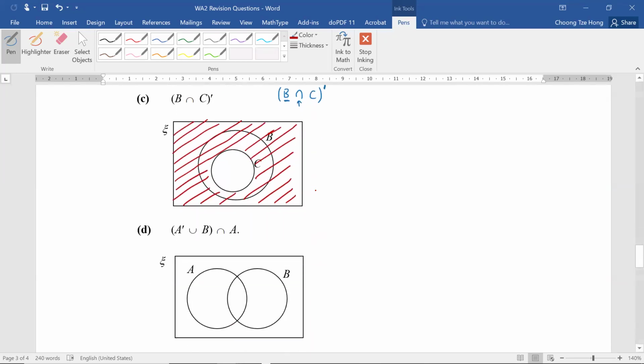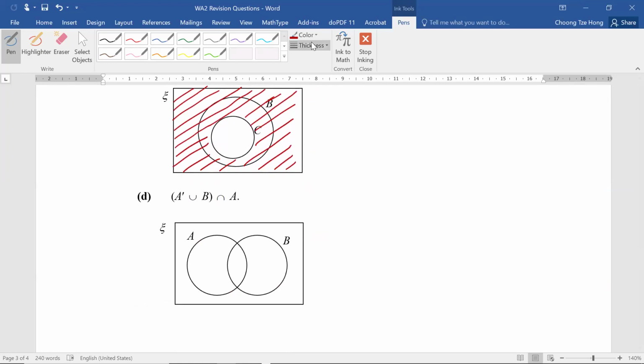Let's look at one that is slightly more complicated. This one has two parts, one part here and then one part here, right? So let's deal with the first part, which is A complement. So I'm going to take everything outside A and union with B. So I'm going to take those parts with B. So for this first part of the set, A complement union B,